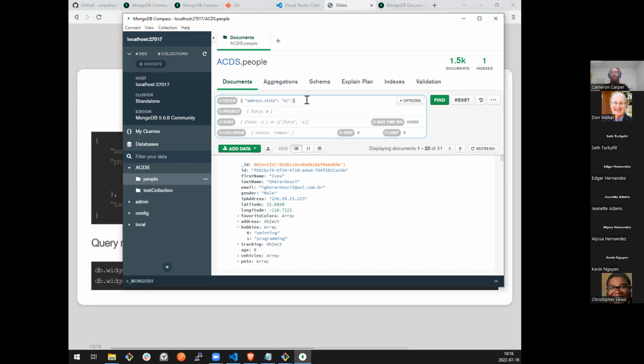Oh, well, then clearly it doesn't have a state property either, so this one doesn't match. And it just moves to the next one and says, does this one have an address property? It does. Does it have a state property? It also has that. Does it equal AZ? It does. It matches this query. So you don't have to worry, if you're writing this in code, about null pointer exceptions and all that extra checking. That does not apply in Mongo. It either exists and potentially can match the query, or it does not exist and therefore it clearly does not match the query.